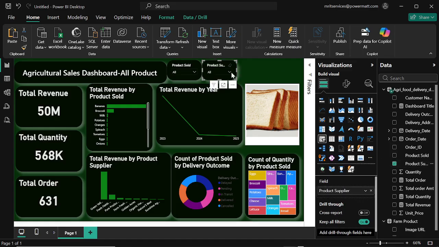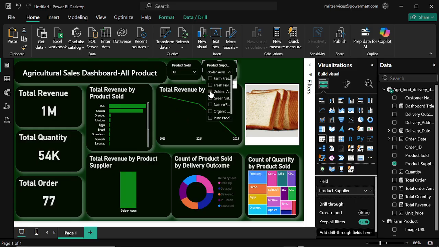Okay, so you can see, very simple. If I click on the drop down, I can click on any of the suppliers, and it will filter my dashboard. Now moving on to the next